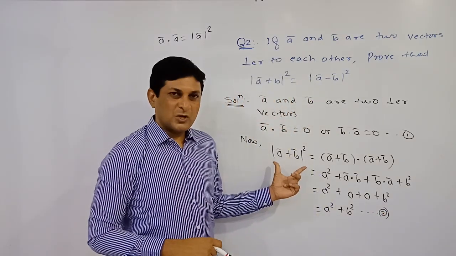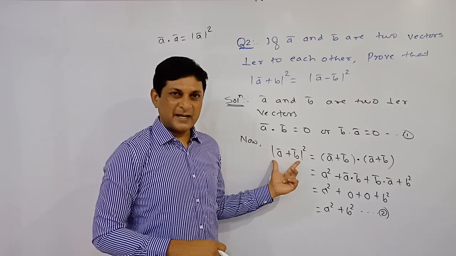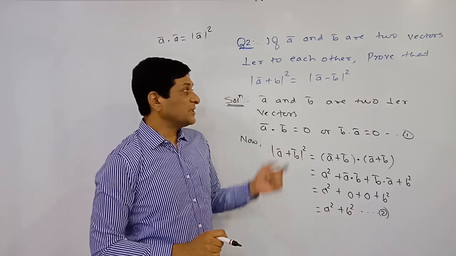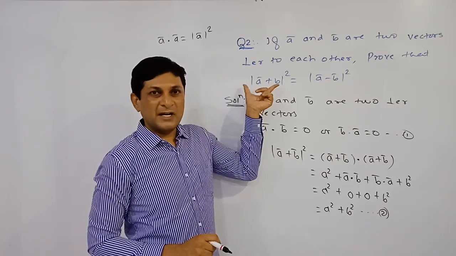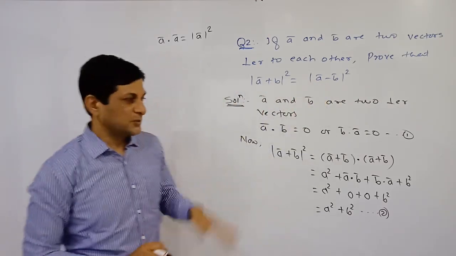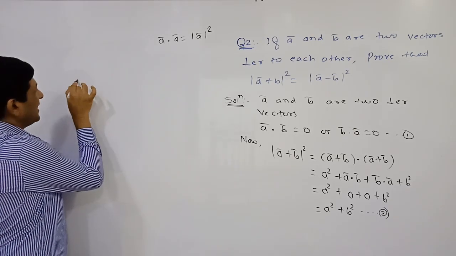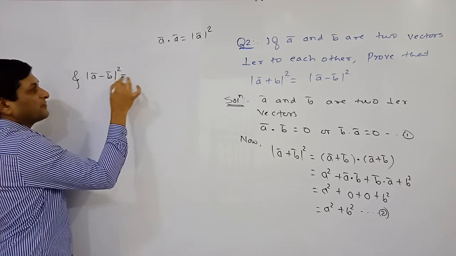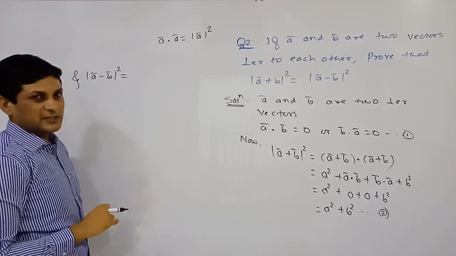So in this way, we have got the value of the square of the magnitude of a bar plus b bar, which is equal to a square plus b square, which is nothing but our left hand side. Now we are trying to find the value of the right hand side using the same method. So the square of the magnitude of a bar minus b bar is equal to,